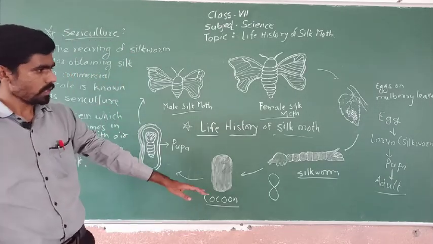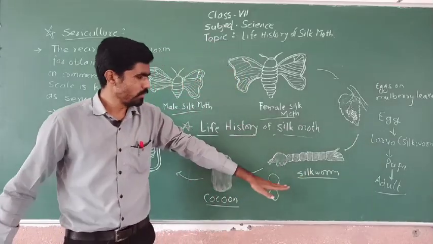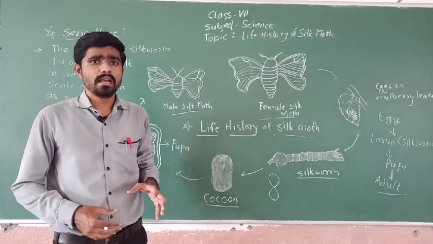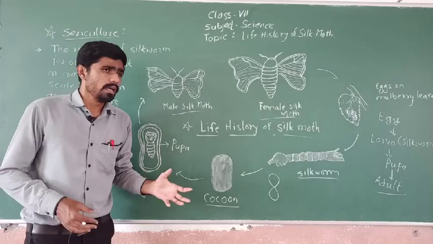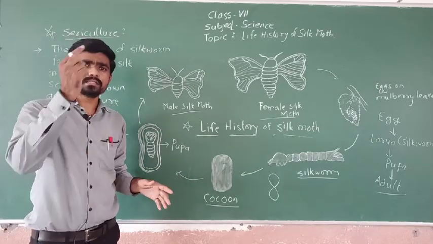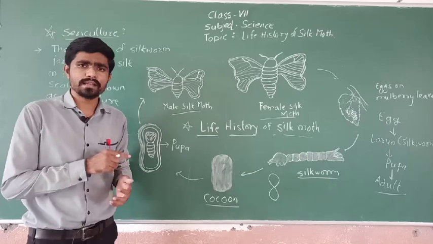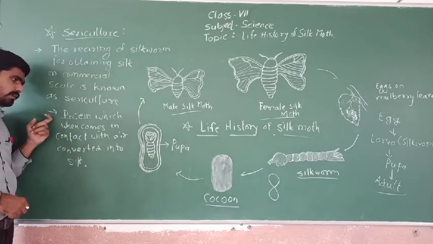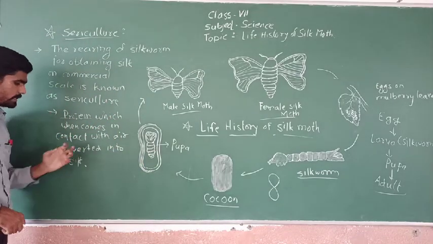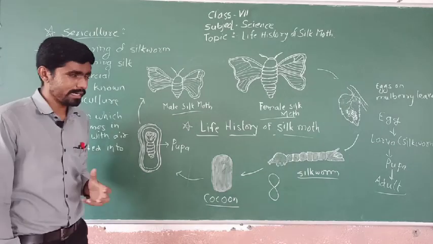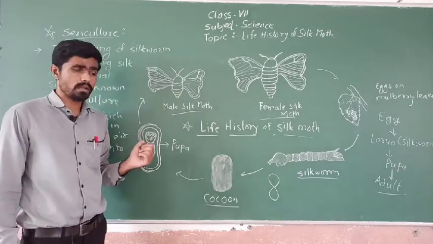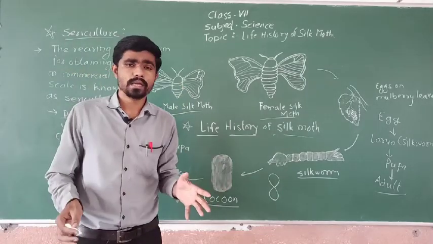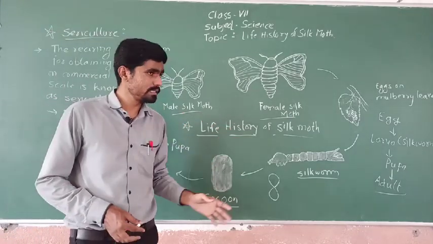Again I will tell, eggs hatch into silkworm. Silkworm needs to eat, so silkworm feeds on the mulberry leaves. As the silkworm is feeding on the mulberry leaves, after some time it stops feeding and covers itself with a thread in the form of an 8. It starts spinning the thread. The saliva thread is nothing but a protein which, when it comes in contact with the air, gets converted into silk, and inside the silk the pupa is there, and the pupa hatches to come out and emerge as an adult. So in this way a silkworm completes its life history.